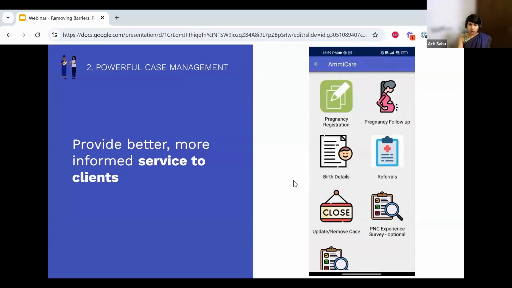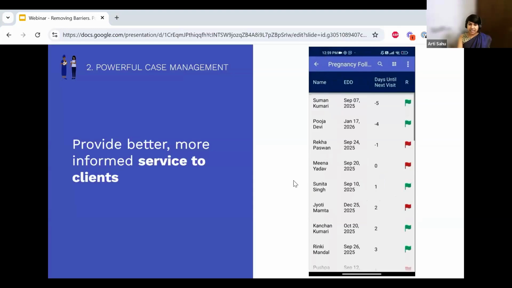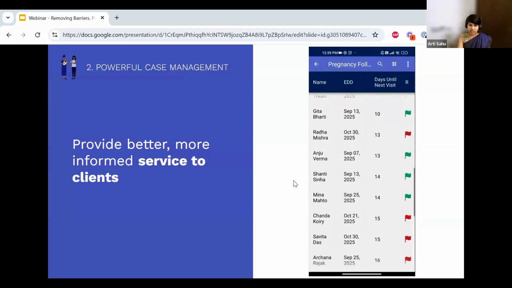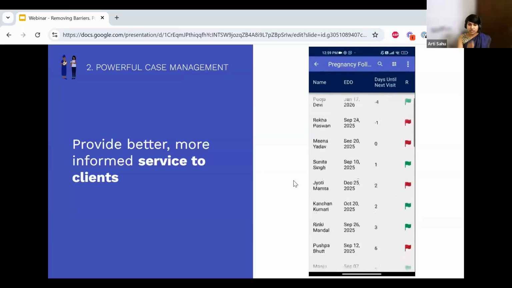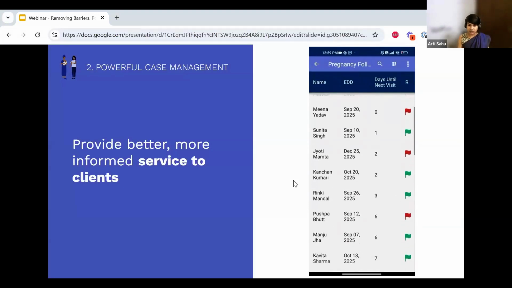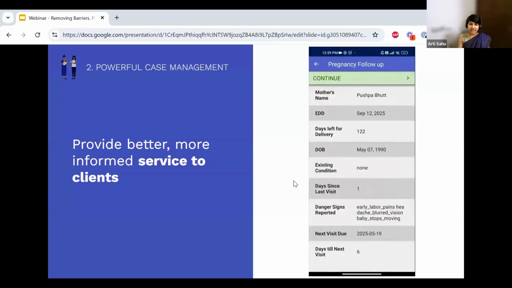So when the worker opens the case list, they can immediately see all the mothers who were previously registered. So we can see all the list on the screen. And unlike systems without case management, there is no need for the data collector to re-register the same person at every visit, because CommCare, through case management, automatically retains the client's information, making it easy to pick up wherever they left off. And this helps the frontline worker know exactly what's needed today.